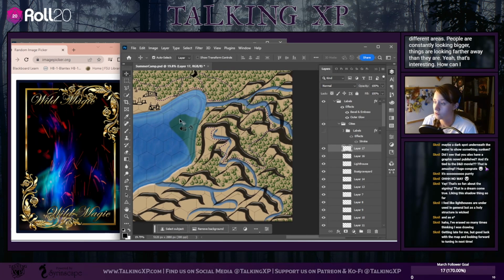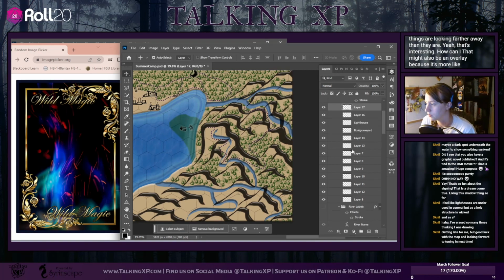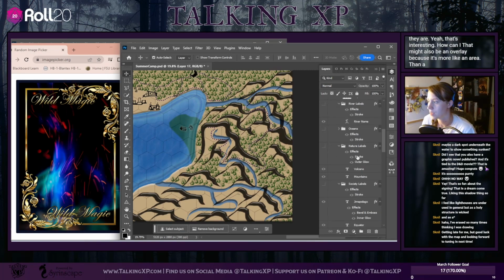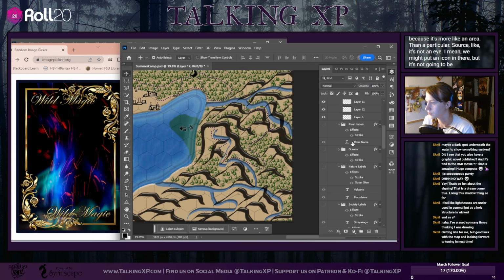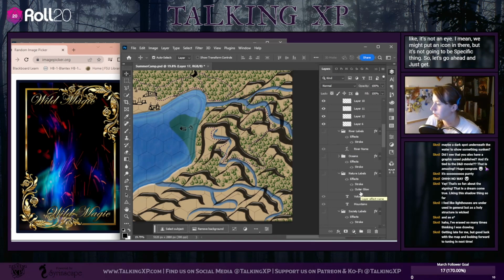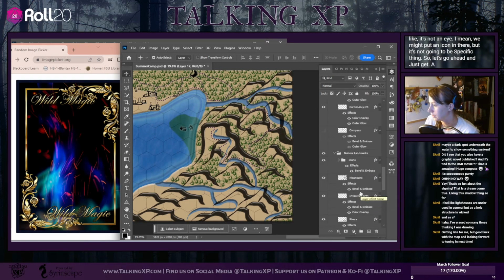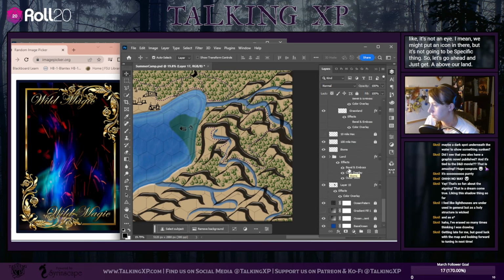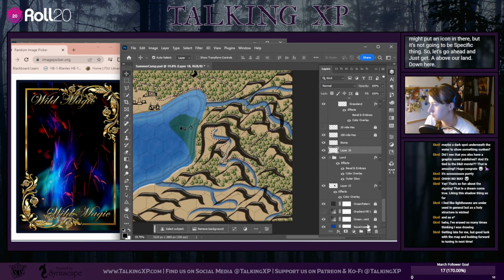That might also be an overlay because it's more like an area than a particular source. Like it's not an icon. I mean, we might put an icon in there, but it's not going to be a specific thing. So let's go ahead and just get a layer above our land, wild magic, sure, and then we're gonna put that down to 50,